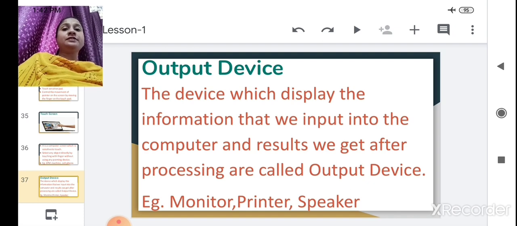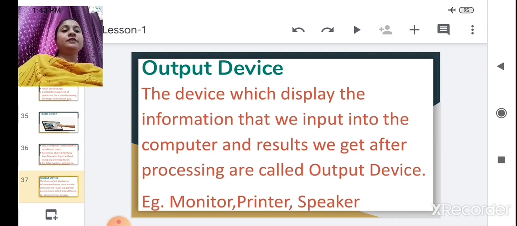The result will display on the monitor. If it is any typed word, you will see it on the monitor, that is output. If you want to print those words, then the printer will be the output device for that result. And if it is a sound, the speaker will be the output device. We can hear through a speaker. So these are the output devices.